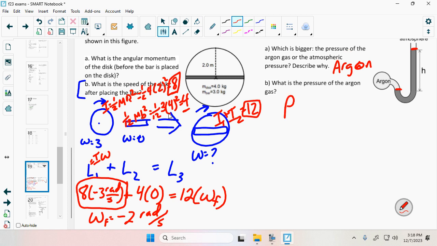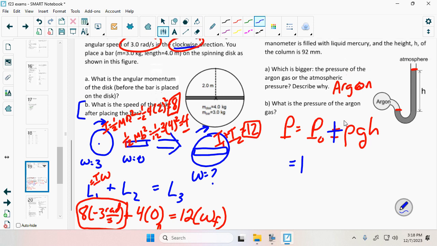I know that P is equal to P naught plus or minus rho g h. Since argon has the higher pressure, this is going to be positive, right? Because P is bigger than P naught, so I have to add the rho g h term to make it bigger, right? So the problem that people had, a couple problems, is some people put 1 here for P naught,